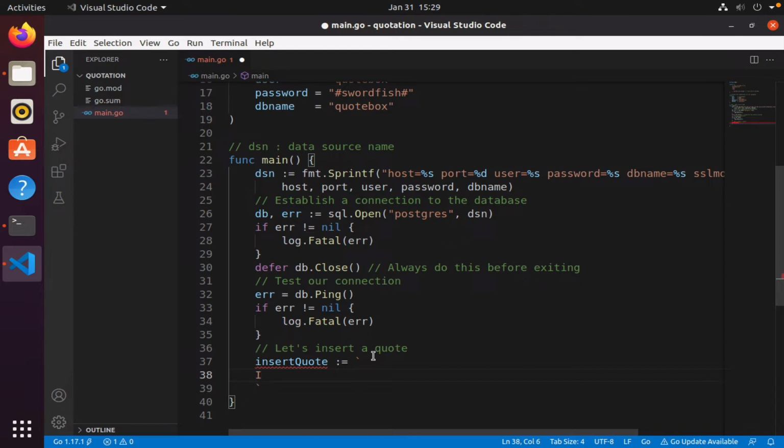So, insert into, notice I'm using backticks, insert into quotations, author name, category and the quote. Remember, we don't need to provide the others because they're automatically generated by Postgres. Okay, do I have that right? Insert into quotations, author name, category. Yes. Values, and the values will be,